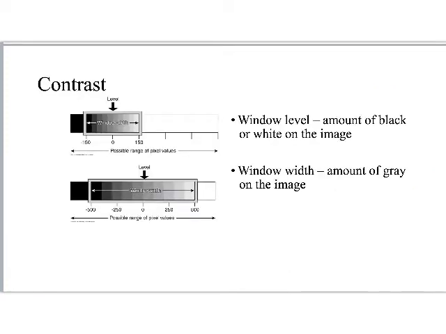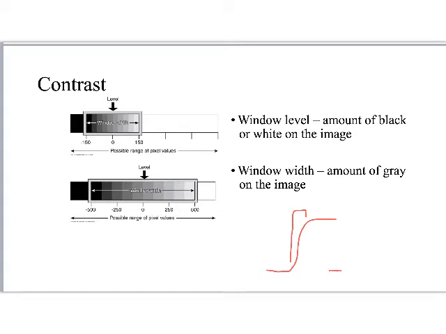When I talk about contrast in a digital system, a lot of times I'm also simultaneously thinking about window width. So the window width is the amount of gray on the image, and it maps directly onto our old friend, the H&D curve. So if I have a steep H&D curve, I will have a very narrow range right here. This would be a high contrast. So it would be a narrow window width,